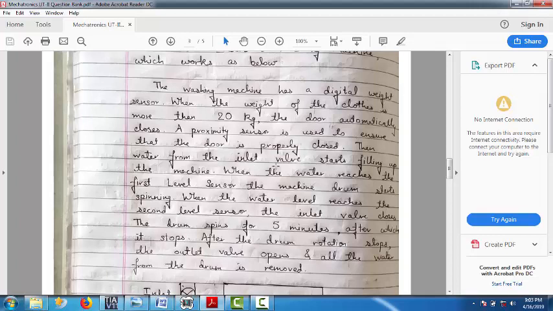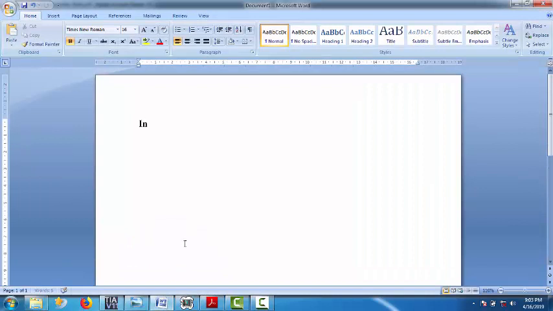You will start looking at the inputs and outputs in the question. Whenever solving a PLC question, the first step is noting down the inputs and outputs in the question. So we will start off with the inputs and outputs. What are our inputs? Like I always say, there are always two standard inputs: one is the start push button and the other is the stop push button. There can be no question without these two inputs.